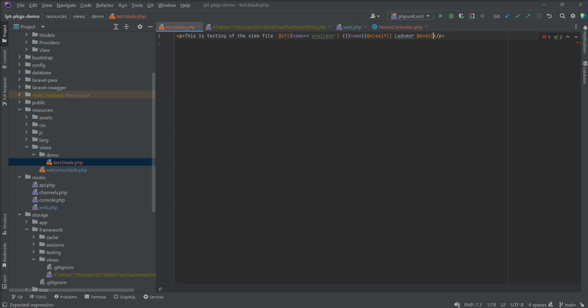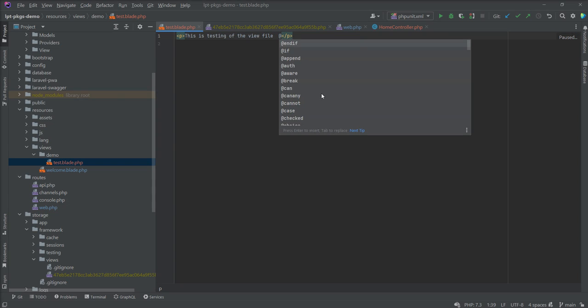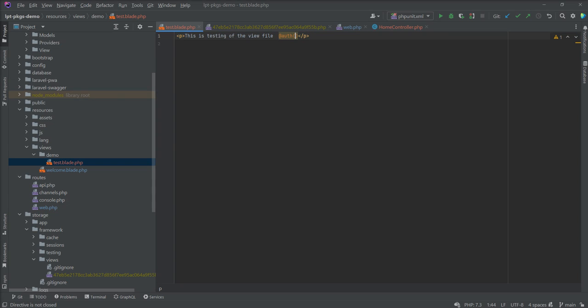Let's see one more directive, the auth directive. As you know, we need to check in lots of places whether the user is authenticated or not because we hide some data and some content when the user is not logged in and display it when the user is logged in. So we need to check everywhere whether the user is logged in or not. So we can easily check that in Laravel using one directive, the auth directive. Just check @auth